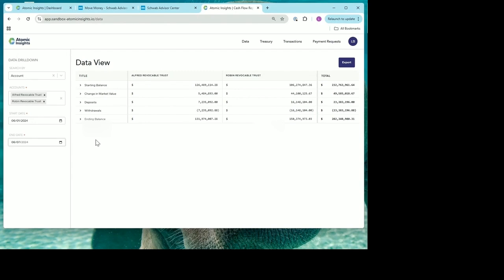But as I joke with people, it doesn't matter how much money a client has. In this case, this particular client has a lot of money. As soon as you start showing them where they were and changes in market value, deposits and withdrawals, if there's any negative signs there, they're going to want to understand those in detail. Historically, lots of systems can show you this data at this level of abstraction, but as soon as you say, well, what actually was that? That's where most systems, and in fact almost all systems, fall short,